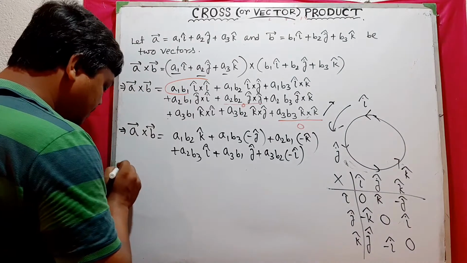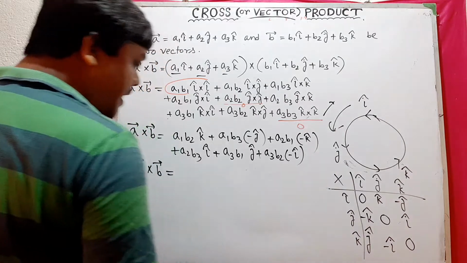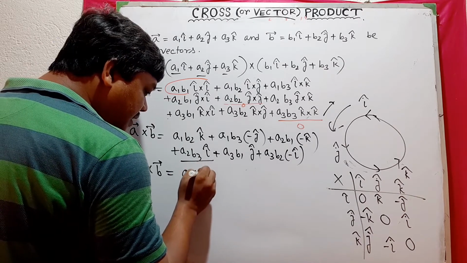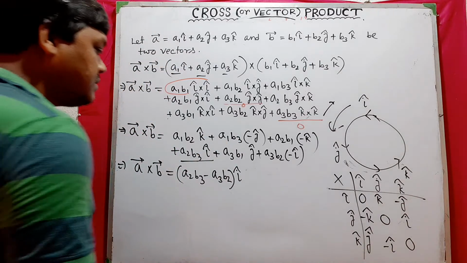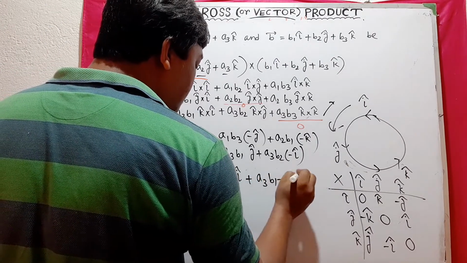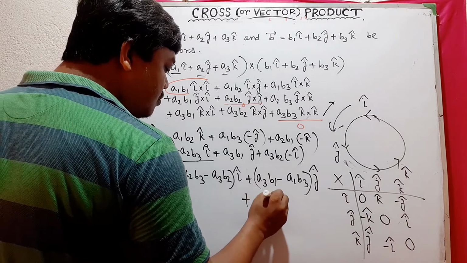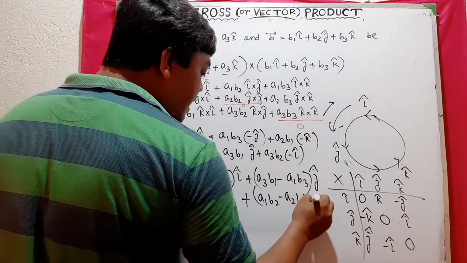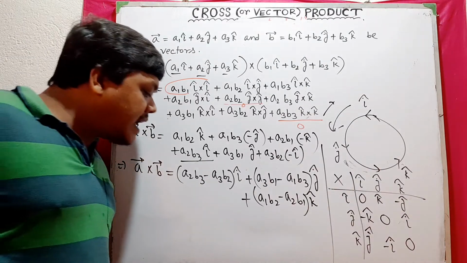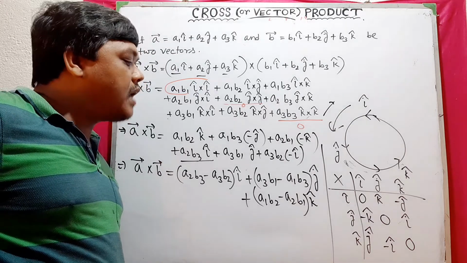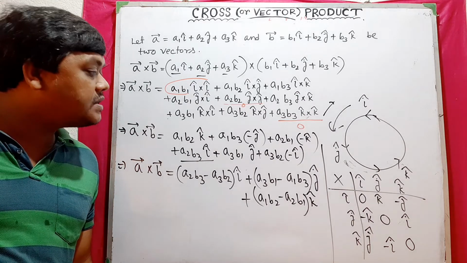এইভাবে আমরা ক্যালকুলেট করতে পারি। So A cross B equals to আমরা I cap, J cap, K cap এর কোএফিশিয়েন্টগুলো লিখতে থাকি। So A2 B3 minus A3 B2 into I cap plus J cap এর কোএফিশিয়েন্ট A3 B1 minus A1 B3 J cap plus A1 B2 minus A2 B1 K cap। আইদার তুমি ফর্মুলা আকারে মনে রাখতে পারো অথবা এটাকে মেমোরাইজ করতে পারো। So A cross B equals to A2 B3 minus A3 B2 into I cap plus A3 B1 minus A1 B3 into J cap plus A1 B2 minus A2 B1 into K cap। জাস্ট সিম্পলি আমরা ক্যালকুলেশন করেছি, জাস্ট ক্রস প্রোডাক্টের